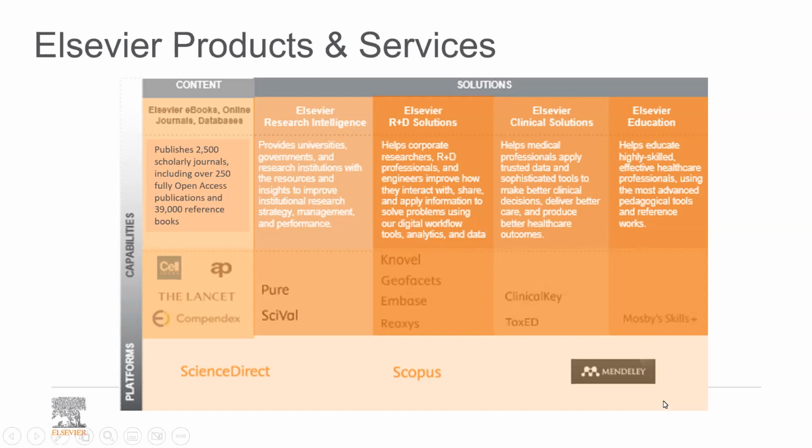Mendeley has been known for a long time as reference management software, but it's actually more than that. You can create an account in Mendeley. Mendeley is a free-of-charge platform, and it is supported by Elsevier as well. You can create your account in Mendeley with the same credentials you have if you are subscribed to ScienceDirect